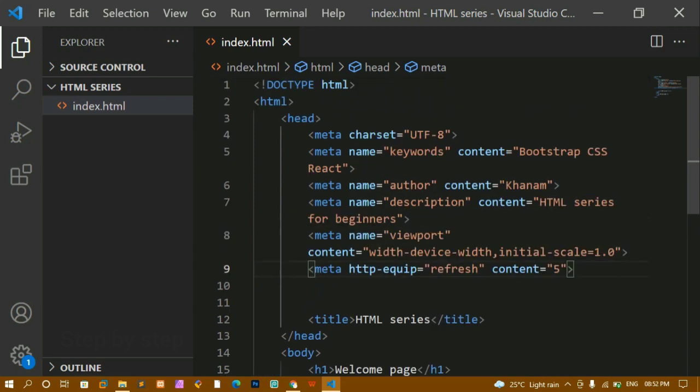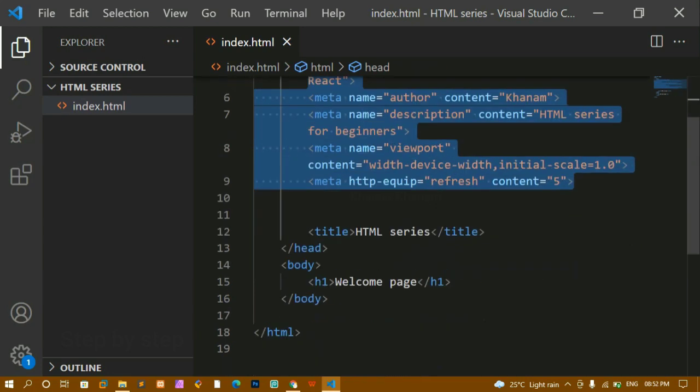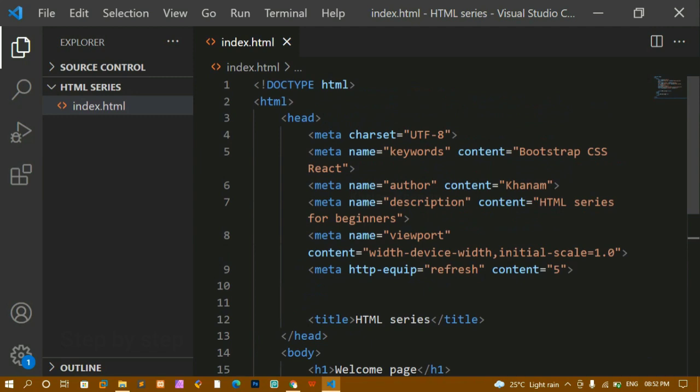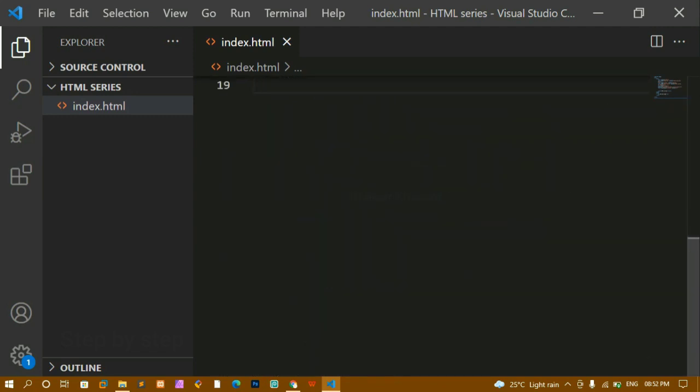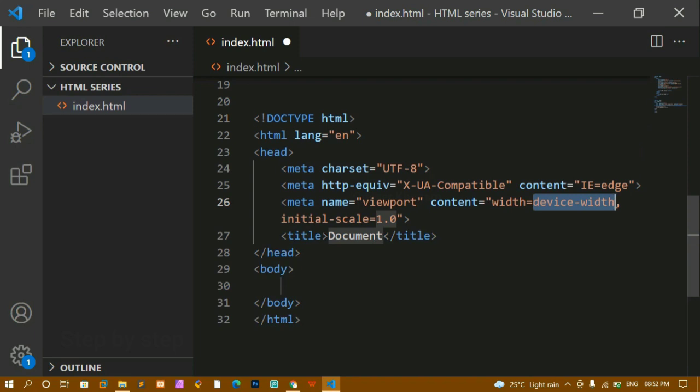These all are very important. Meta tags you have to understand. These are very important tags. You just have to know the concept. You don't have to memorize anything. Once you are familiar with this boilerplate, now if you come here, if you just write this exclamatory mark, enter, you can see all these tags, all these meta tags will also be given to you.